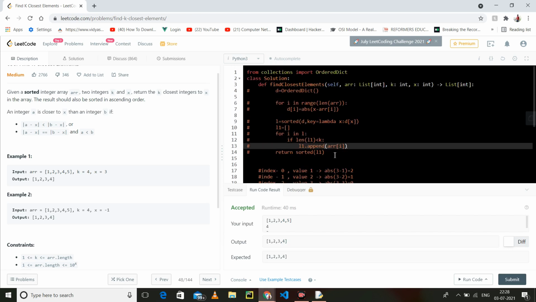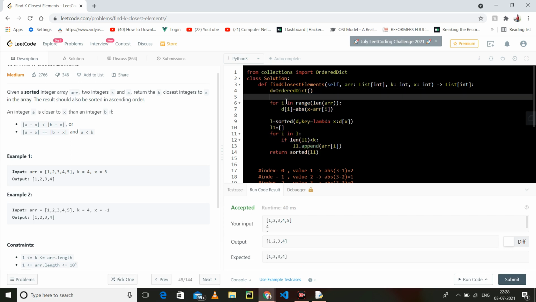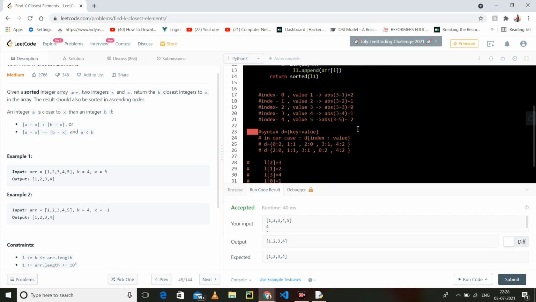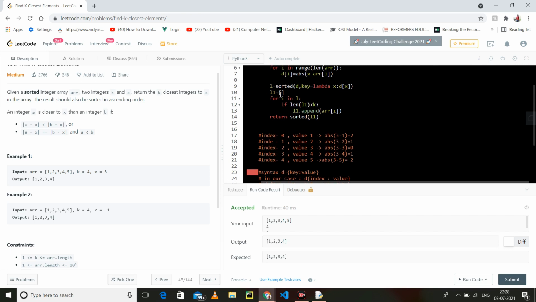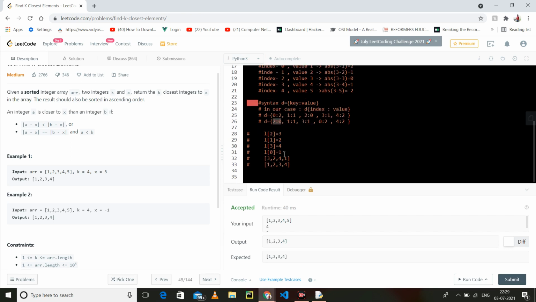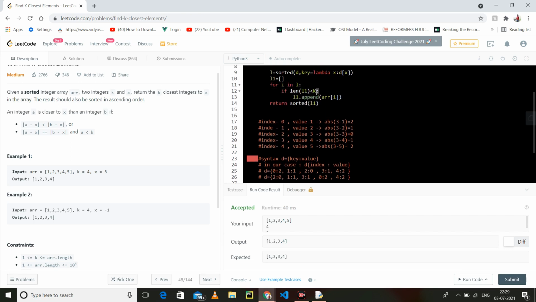So the same thing I have done here. I have taken an ordered dictionary. This is the index, this is the absolute difference. Here I have sorted. Now I have taken a new list which I have to return. I'm just going through it, and here I have to take 4 elements. If I start from here, first I will store this 3, then 2, then 4, then 1, and I would store these 2 as well, but I haven't written that, because I have to store only 4. So if our list's length becomes more than 4, this will not run.